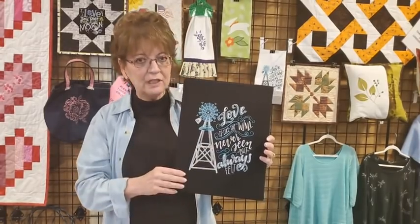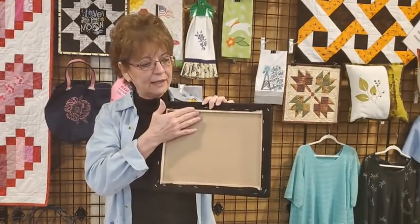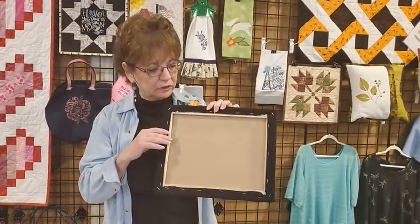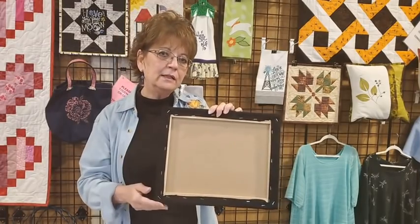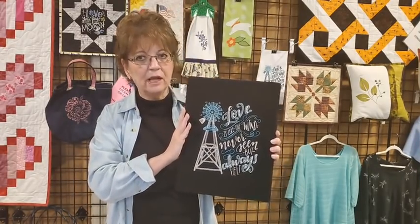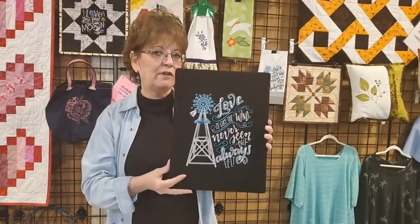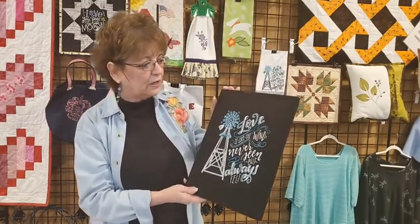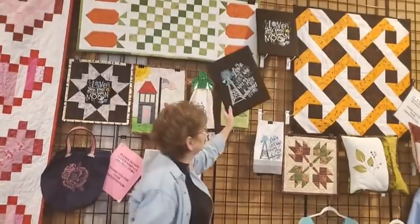So after I got these embroidered, I already had these wood frames, and they had canvas on them, so I just took the canvas off. I put a piece of cardboard on there and then wrapped the whole thing in batting. And then after my embroidery was done, I just stapled it on. I'm not going to put any frame on it or anything. I just like the clean look of just the fabric wrapped around the edge. So I did that on this one, and Love You Too, the moon and